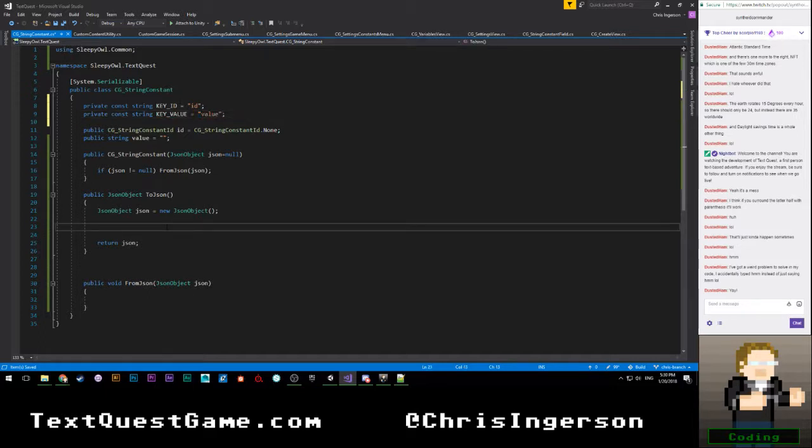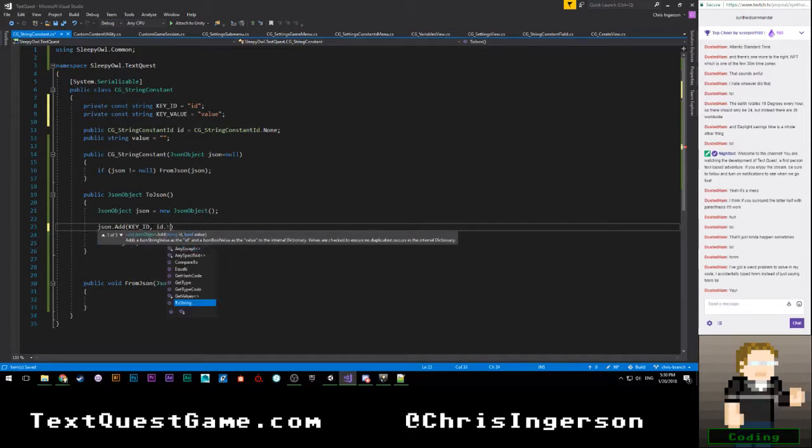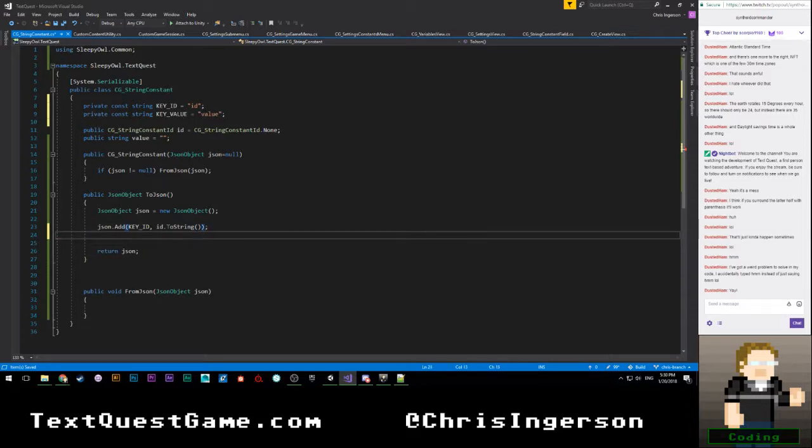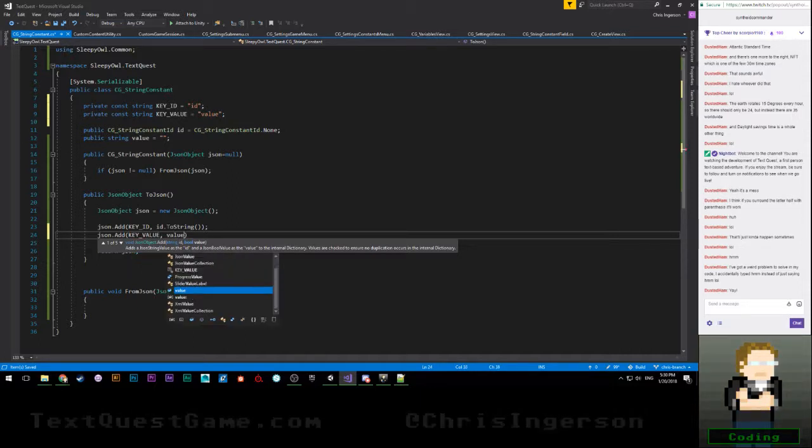Very, very technical terms here. We're going to say json.add key ID followed by id.toString. Then we're going to say json.add key underscore value.